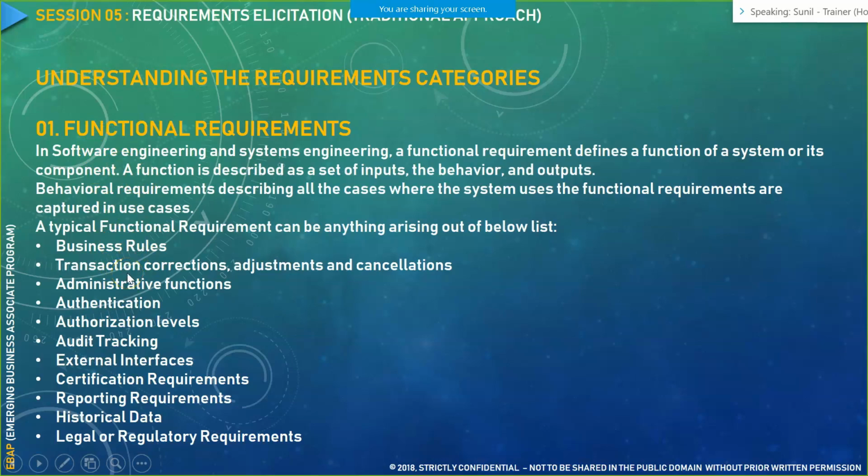Similarly, in insurance, there are transactions like quotation or issuance of policy, then endorsement of a policy, renewal of a policy, or rewrite of a policy, or cancellation of a policy. So those are transactions in an insurance context. Same thing happens in your finance domain as well. So we have to capture all the transaction related aspects in a functional requirement.